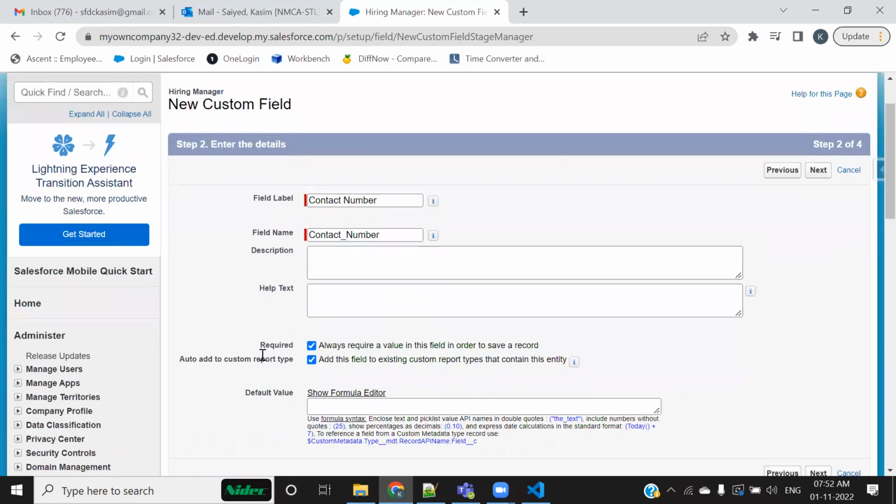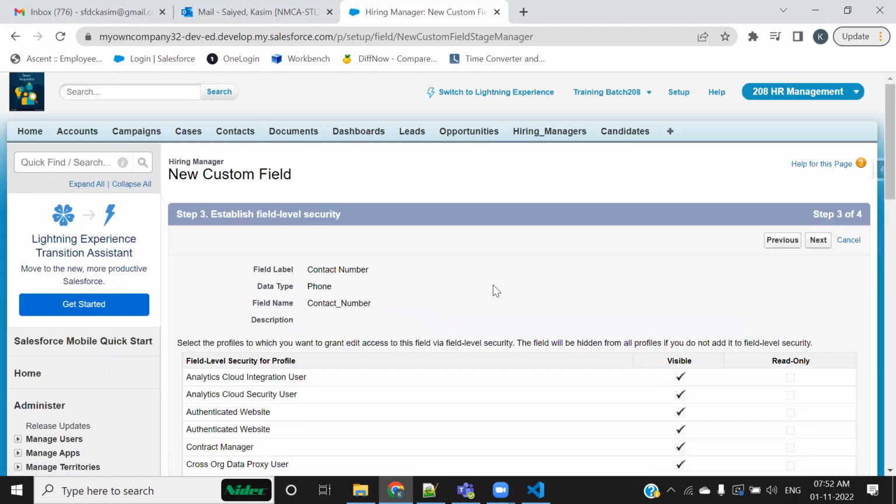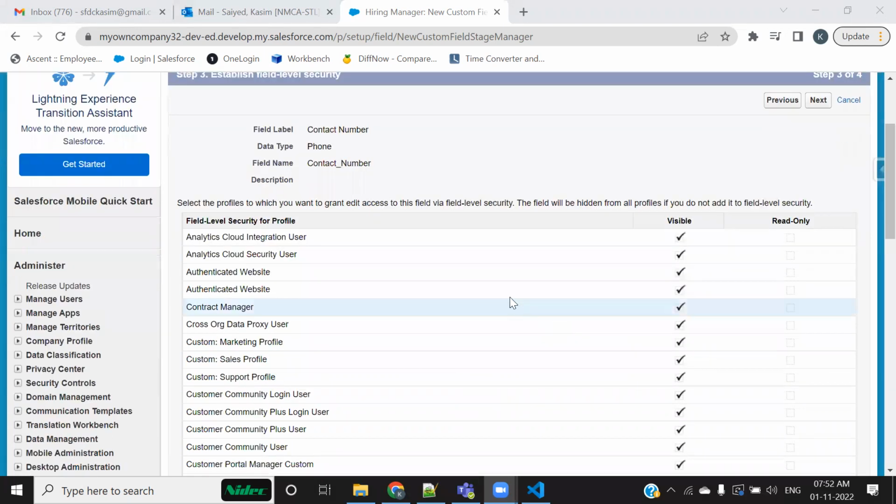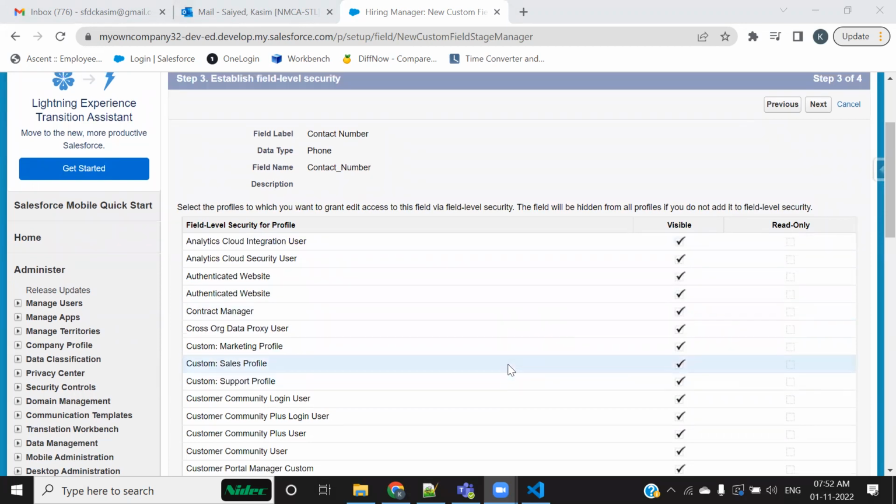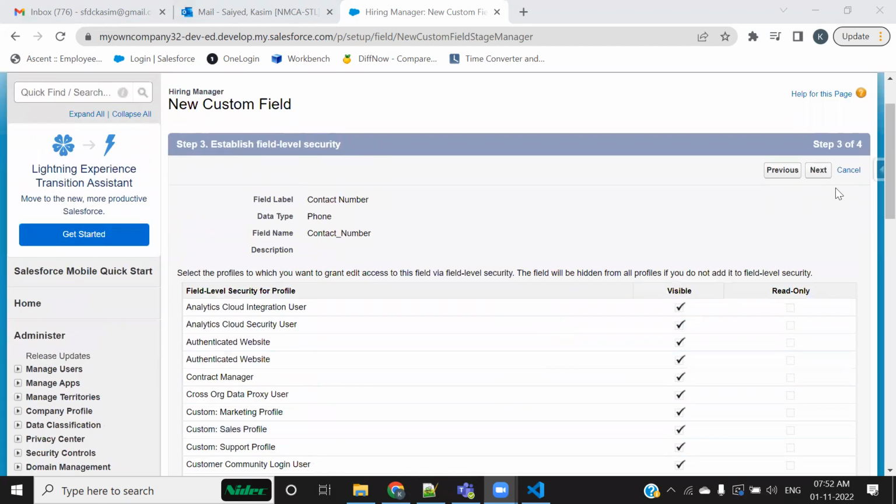When you make a field required by clicking the required checkbox, the field becomes visible for all of the profile users. And we don't have an option over here to make certain selections, to make some of them visible or make the field hidden from somebody. No, it's not possible. This field is going to be visible for all of the profile users, and I cannot make my selections over here. All right, we will remember this.